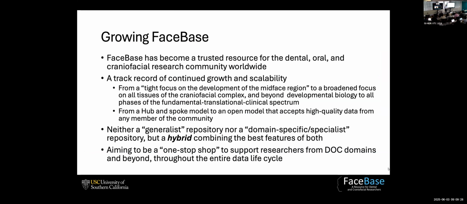So FaceBase really over the years has been growing and becoming a trusted resource for the dental, oral, and craniofacial research community.